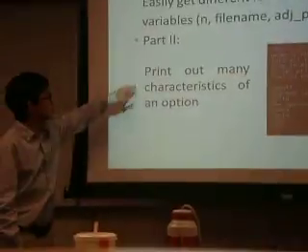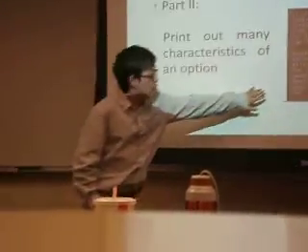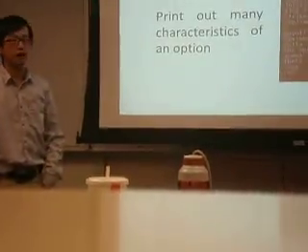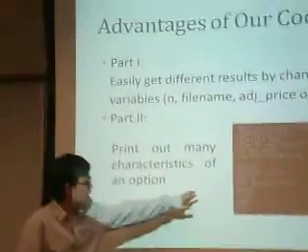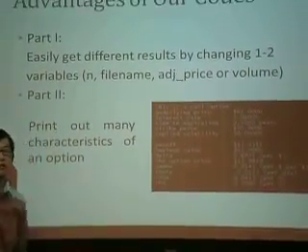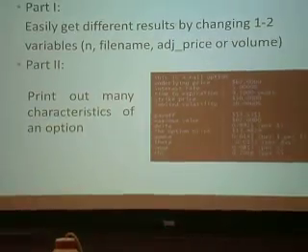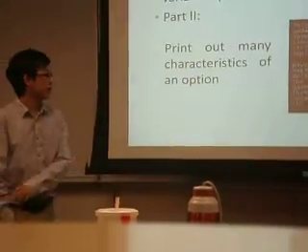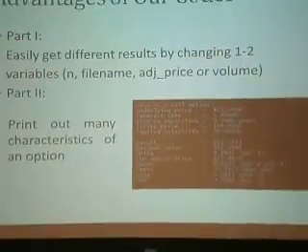Next, for part 2, look at our results. We can print out many characteristics of an option, such as payoff, max value, the option price, plus 5 Greeks. We added a row based on our homework 3. Next,